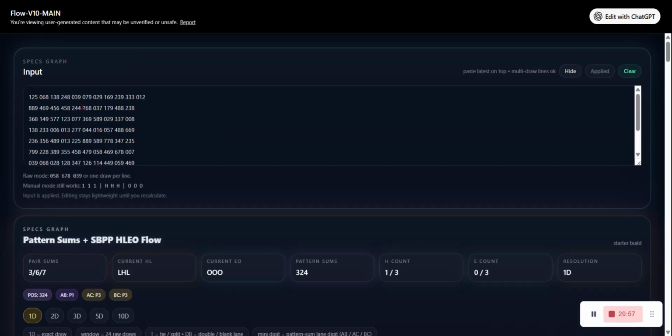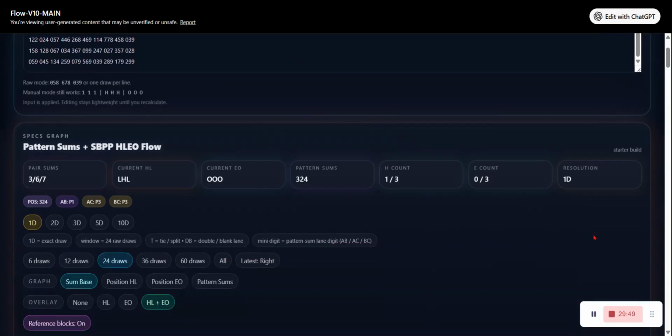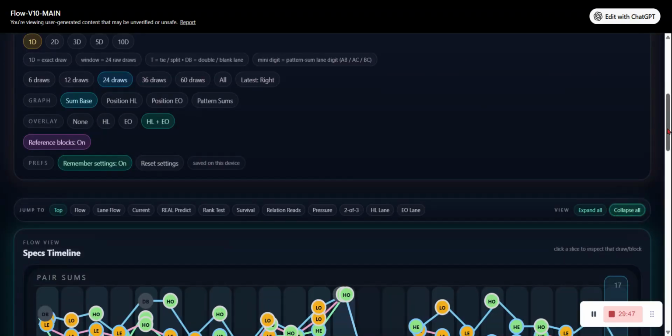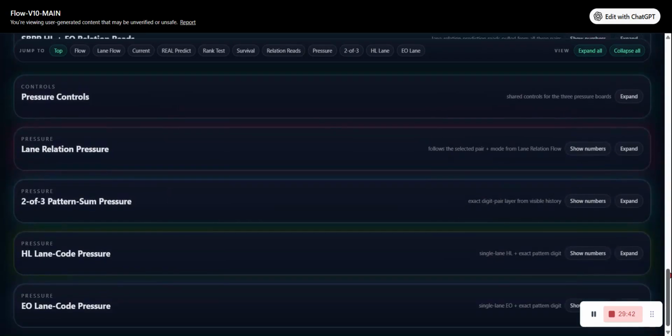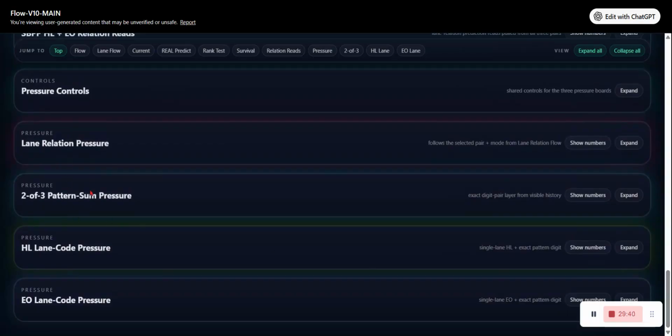All right, I just want to give an example of how well the flow chart has been going. This is a flow chart, specs, graphs. I got all kinds of crazy stuff on here. If I collapse all of this and then do a drag here, you can see how many things there are. Every single one of these opens up. I got different pressure. I got high low lanes, even odd lanes. This whole entire page is based strictly on my SB pair, high, low, and even odd, and my pattern